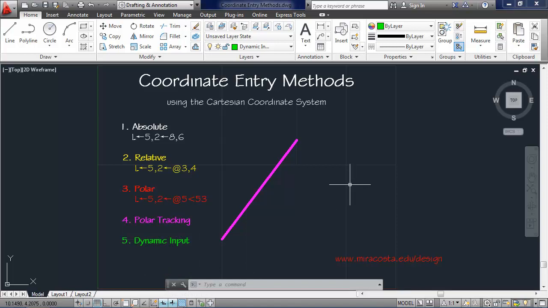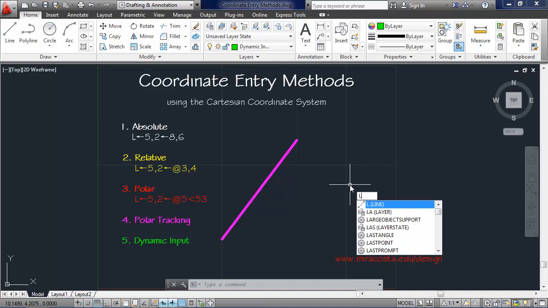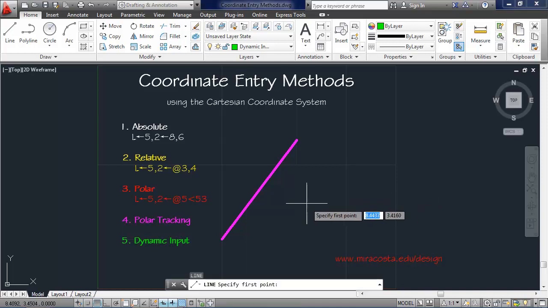With dynamic input on, when I go into the line command, I immediately get entry prompts at the crosshairs. It's asking for the first point. Here again I can enter 5, and then I can use the tab key to enter the second point of 2. I'll hit enter,